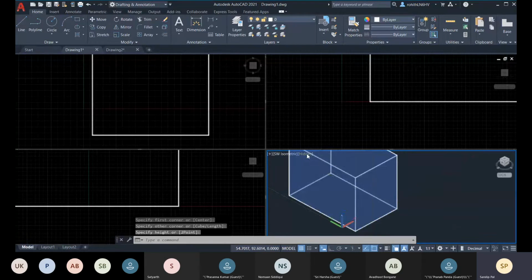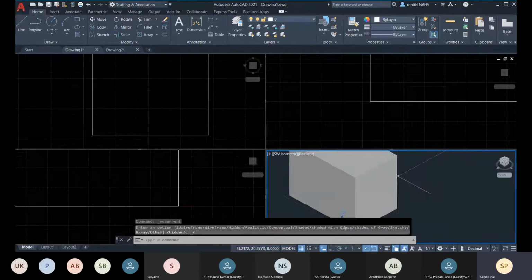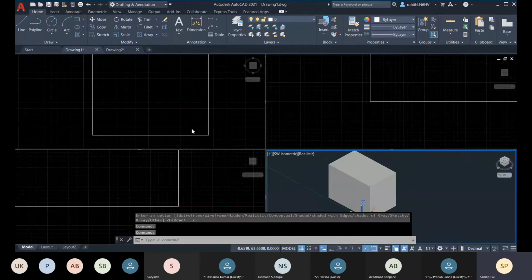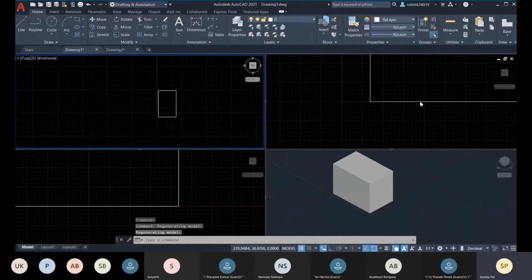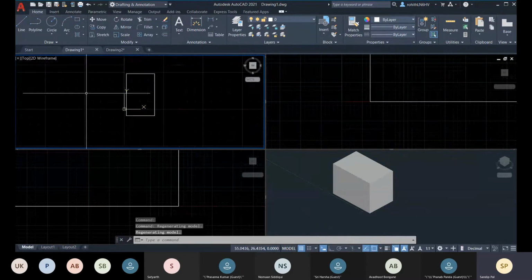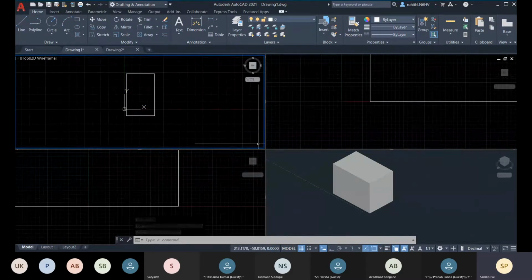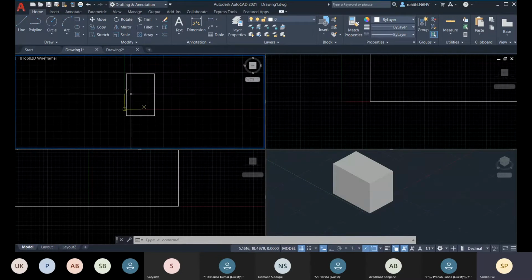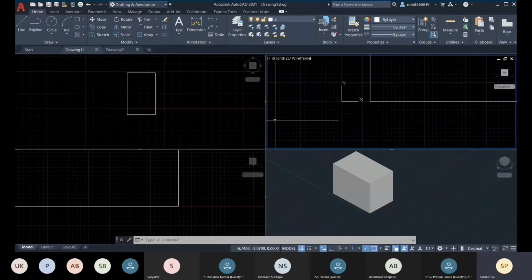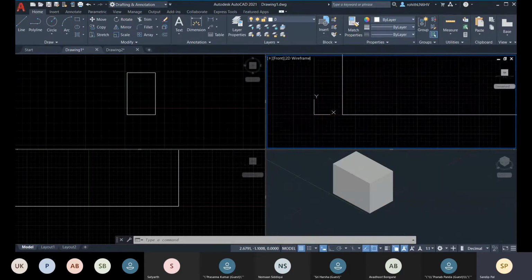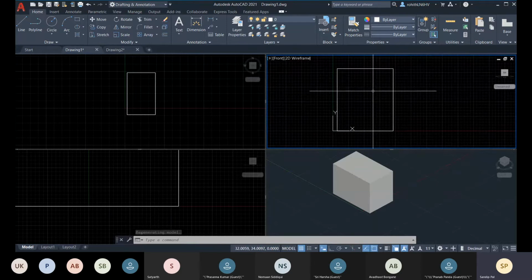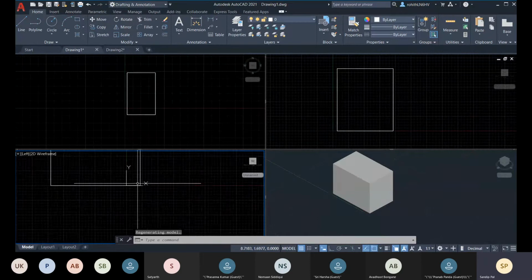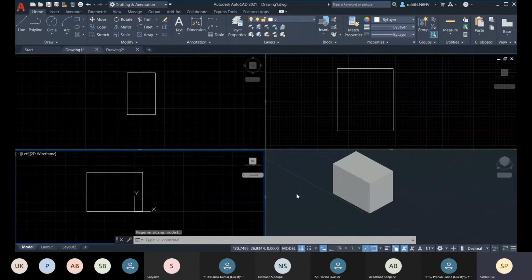Okay, so here let me choose realistic. Here you can see this is the top view. This is the active viewport right now. You can identify it with this blue border. That means this is the active one, and when you click on a viewport, it becomes active. You scroll down to zoom out. This is right now the front view, and this is the left view of the same model.